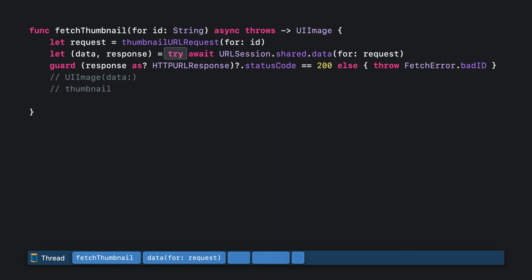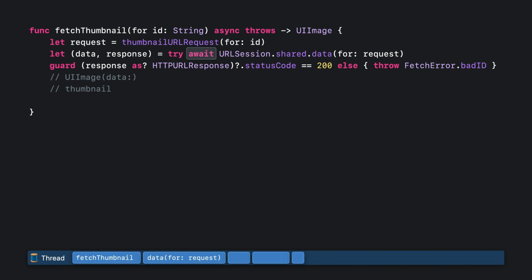Try is here because the data method is marked throws. In the earlier version, remember how we had to check for an error and then explicitly call our completion handler with it? Here, in the awaitable version, all of that code is boiled down to just the try keyword. Just like try is needed to call functions that are marked throws, await is needed to call functions that are marked async.